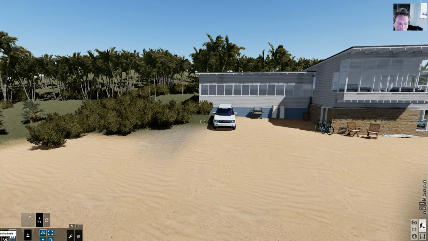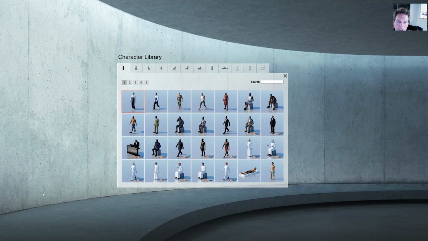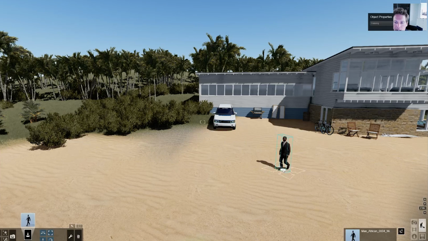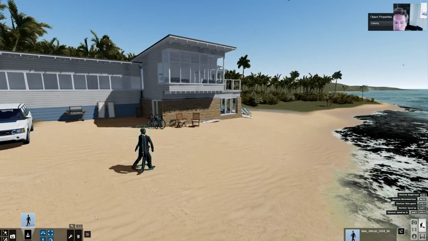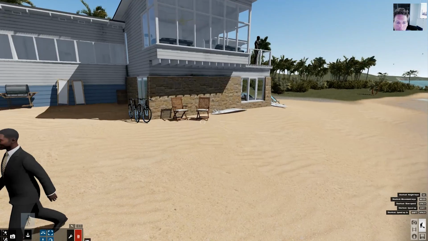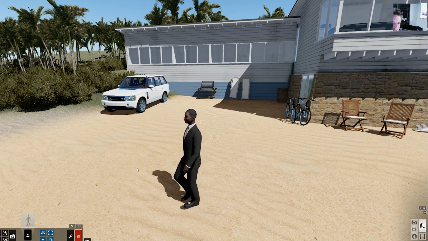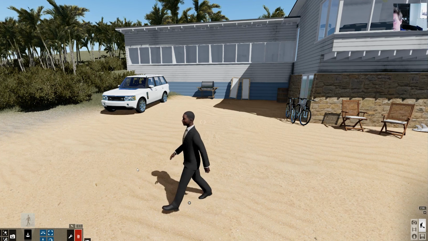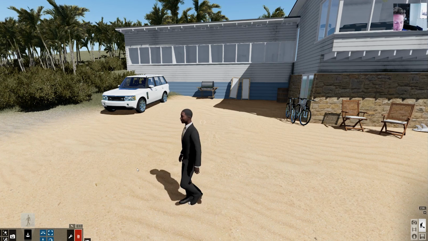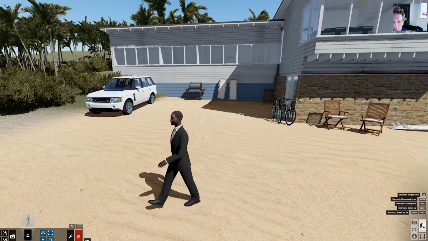Let's go ahead and do a person. So we have a couple types of people in here, different variations. Here's a man idle, and a man walk. We obviously want to use the walking ones. We do not want the standing man here to move. That won't look right. Let's just go ahead and grab this gentleman here. Oops, accidentally double clicked. So another thing you don't want to have, you don't want to embarrass yourself in front of your other Lumion friends. You don't want these people walking in place in your animation. It's not what they're meant to do. These guys are meant to be given a path, or else they look weird just walking in place,